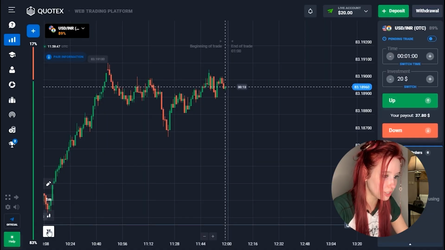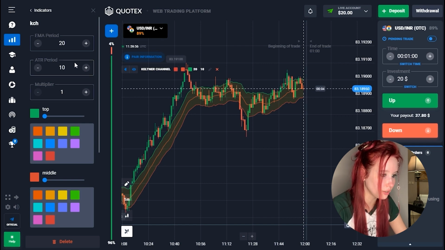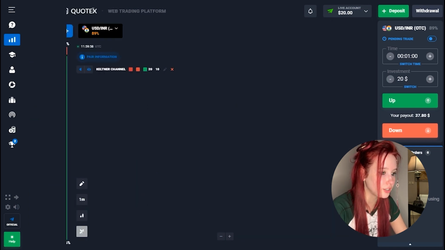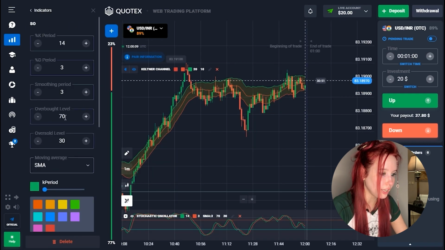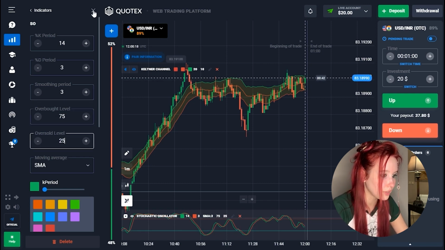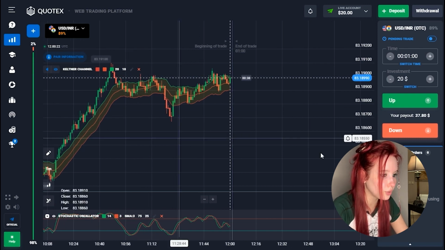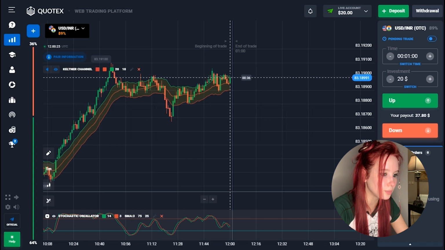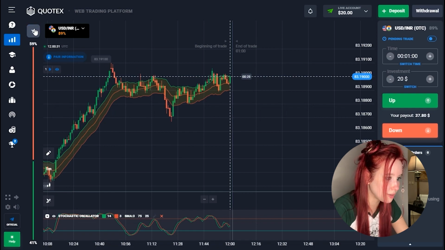So today I have $20 in my account and I choose the indicators of the candle channel. We'll leave the default settings and of course, as usual, I'm going to add a stochastic oscillator. I changed the overbought level to -75 and the oversold level to -25, typically. Well, let's find some good currency pairs. I choose pairs with a high payout percentage so we can grow our deposit faster and make a profit.